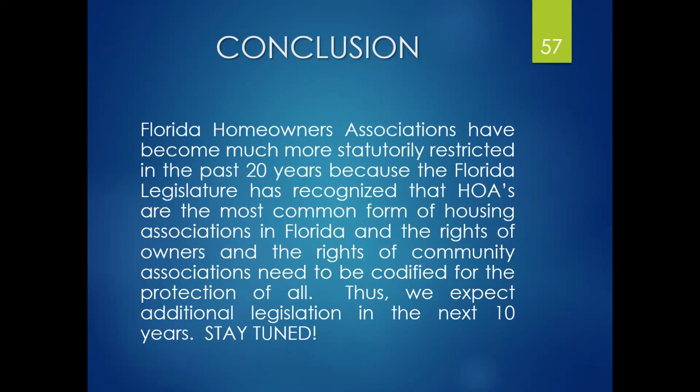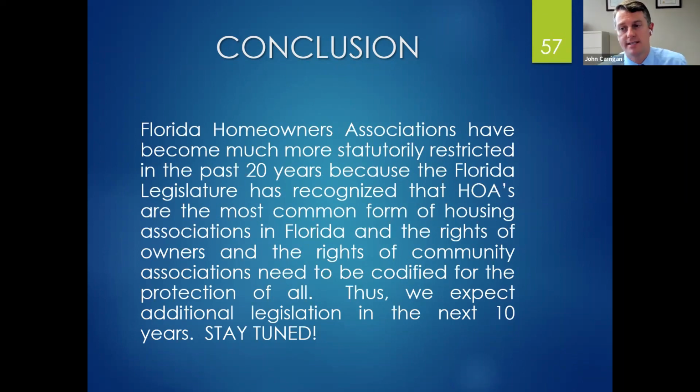The next question, on notice of meetings: instead of mailing out notices, can you just post meeting notices on a bulletin board at the front gate? Yes. So the standard for board meetings is a conspicuous posting on site at the association 48 hours in advance of the board meeting. The only exception to that is membership meetings, which require affirmative mailings or electronic notices to members,